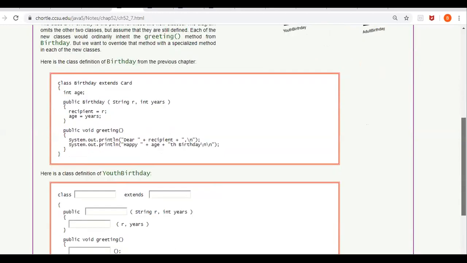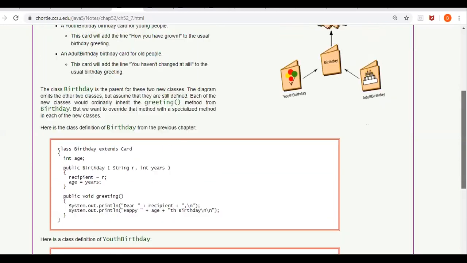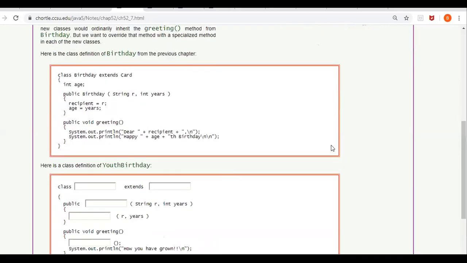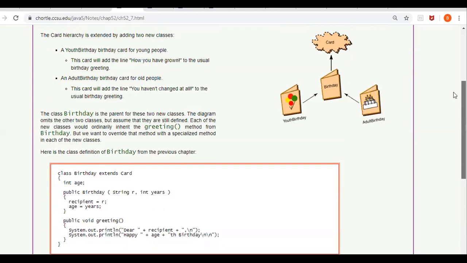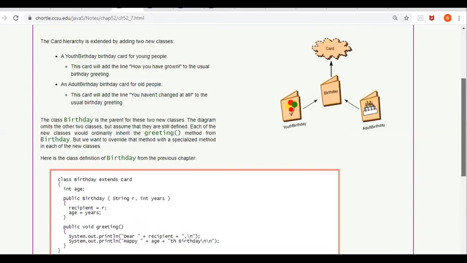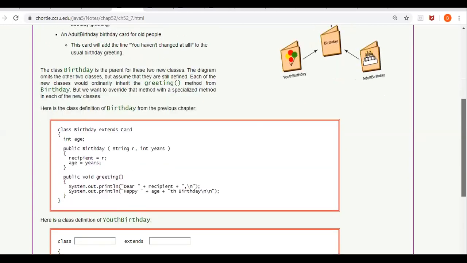That constructor will take the name, and in our case we included only name, but this program included years also. Whatever it receives, it will pass on to the superclass, and then in the greeting method, first we will call the greeting method of the superclass. What is its superclass? Birthday.